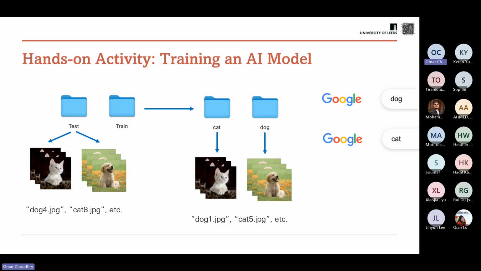But the problem is that in AI, there's a principle called garbage in, garbage out. So the idea is that if you give a model really bad information, right? So if I labeled all my cats as dogs and all the dogs as cats, the model doesn't know what is a cat and what is a dog. It just knows that these things have been called a dog, and these things have been called a cat. To us, we know it's made a mistake, but it won't realize it. It will think that it's doing a good job.